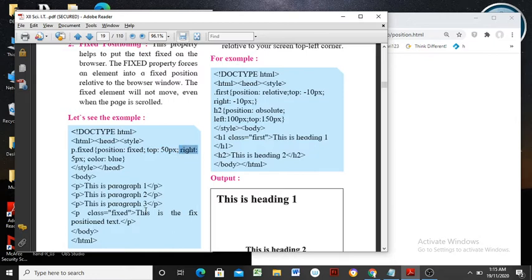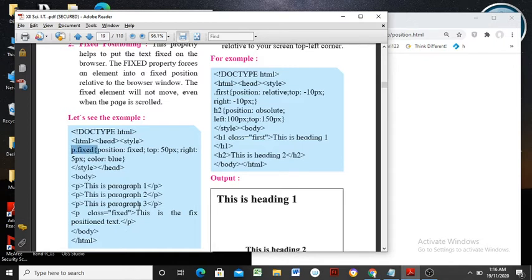Right, that is nothing but right alignment, 5 pixel, as well as color blue. So such an effect is what will affect the content through the p dot fixed selector. The name given for the selector is p dot fixed.